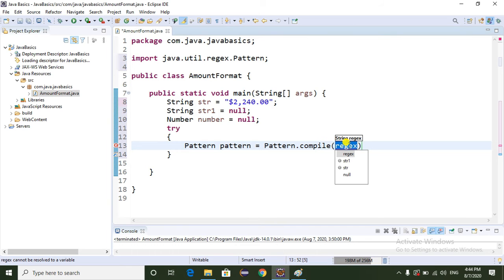In this compile, I am taking the pattern like this: it should allow only numbers 0 to 9, comma and dot. So the amount field should allow only the numbers 0 to 9 as well as comma and dot. After this I am going to add start and dollar.